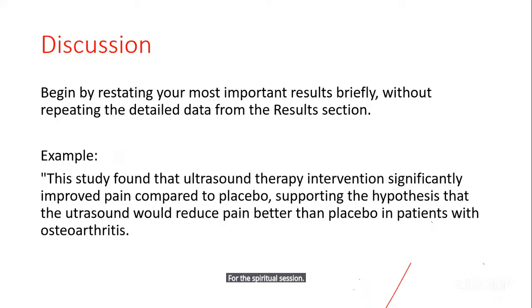So the last part is the discussion. We begin by stating your most important results briefly, without repeating the detailed data from the results. Right? So, this study found that ultrasound therapy intervention significantly improved pain compared to placebo, supporting the hypothesis that ultrasound will reduce pain more than placebo in patients with arthritis.